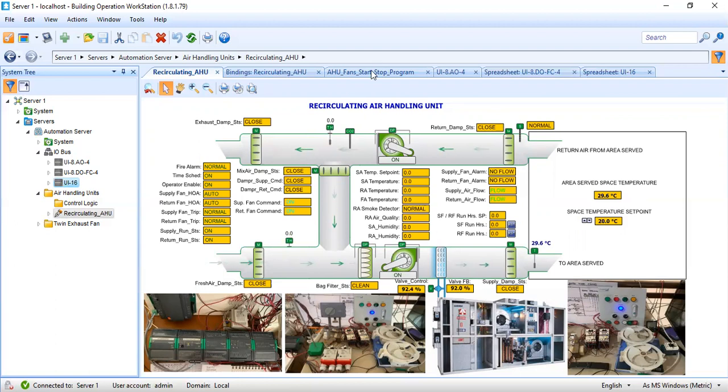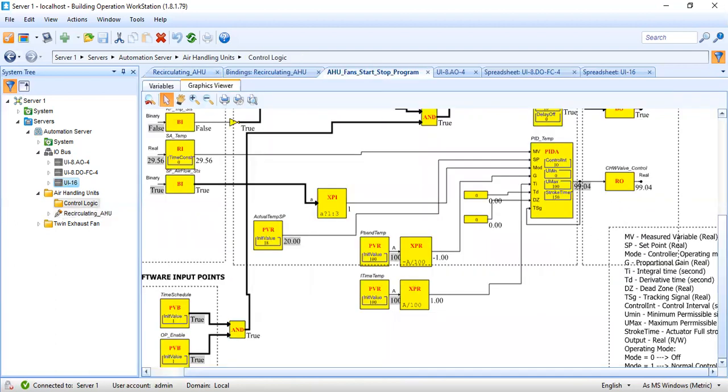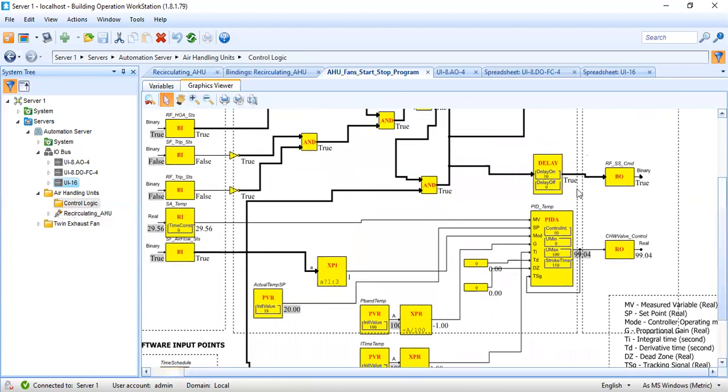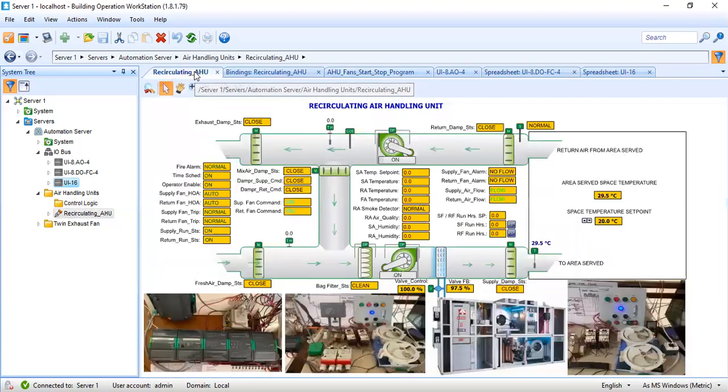Let me show you the program. So this is the program. As you can see here, my PID controller is the one giving the control signal to the valve operator, or the analog output signal being commanded by this controller uploaded in my DDC. Now the controller is giving a 100 output, meaning 10 volts will be given by our analog output channel, output 1, to the valve operator. As you can see here, now it is 100 already.